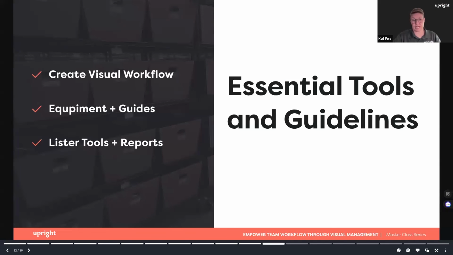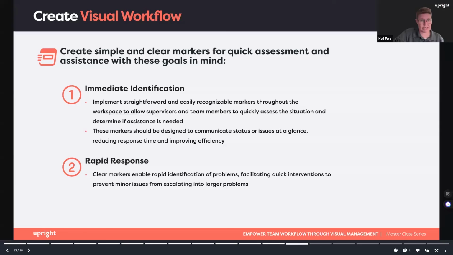Some of the essential tools and guidelines that you want to use to create a visually managed system. We're going to talk about creating a visual workflow. We're going to go over some different tools you can use, and equipment and reports that you might find as a real practical aid. So number one, when we create a visual workflow, the idea is to create visibility with